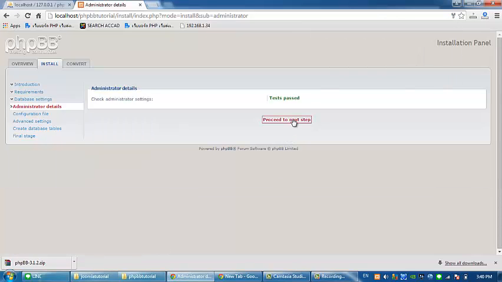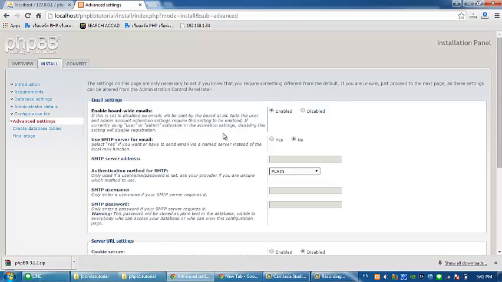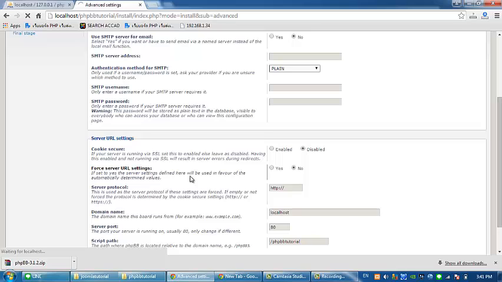Then click again, proceed to next step, then proceed to next step again, and then here click Proceed to next step. So just wait for a second.